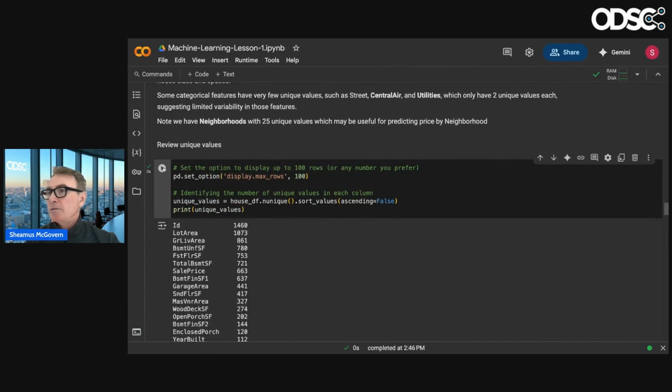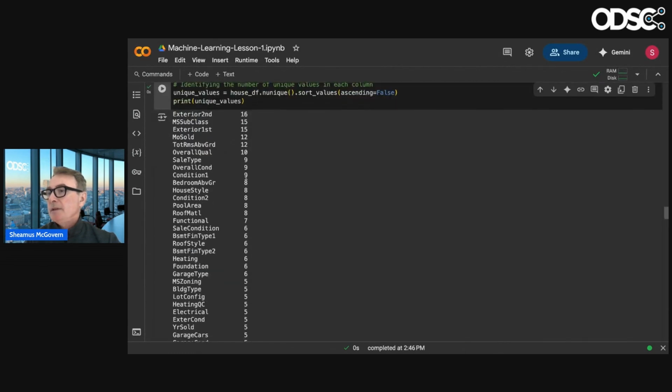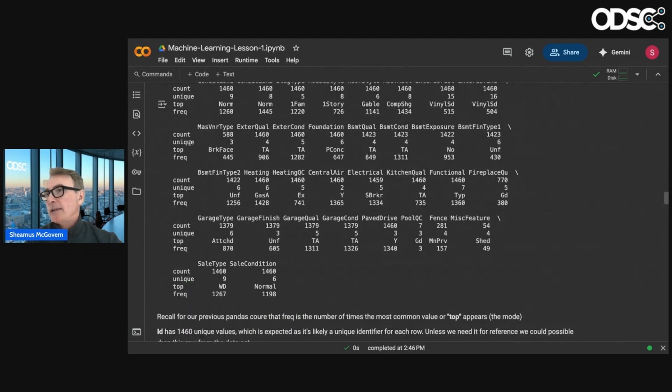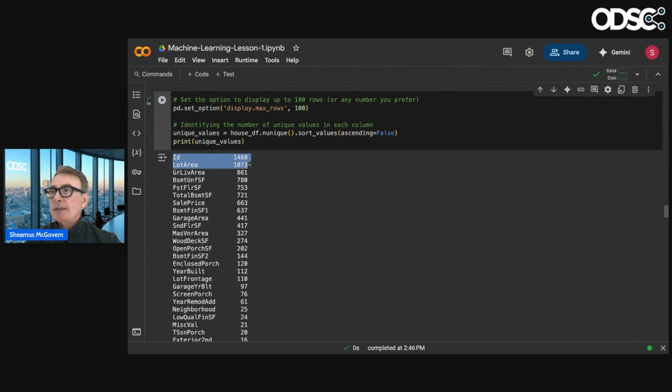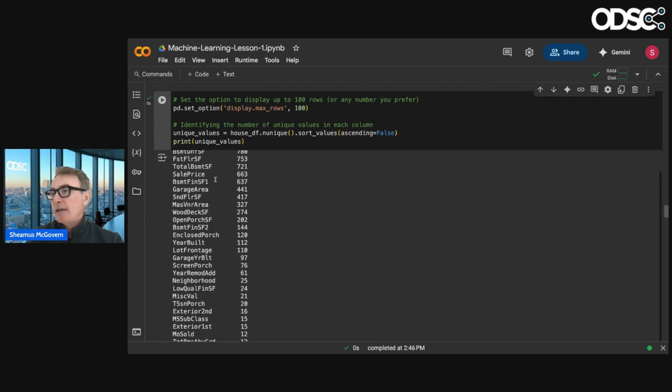I think here we're just reviewing unique values. So ID obviously has 1,460 unique values. That's a feature we would drop from our data set because maybe for looking up a house we might need it, but for modeling, I don't need that.